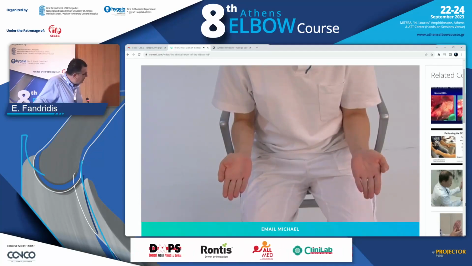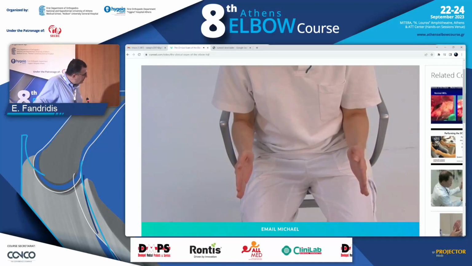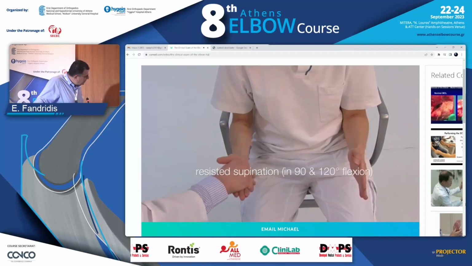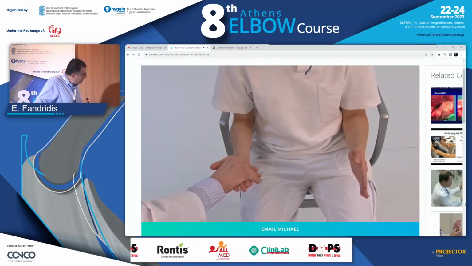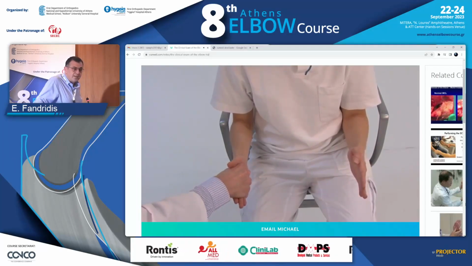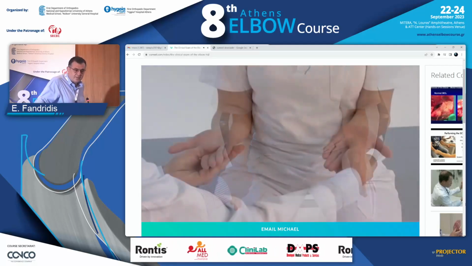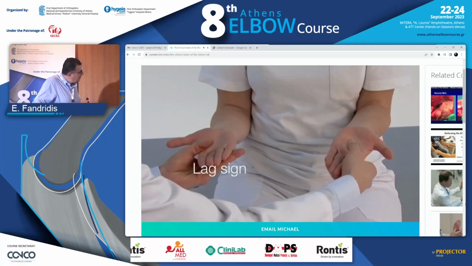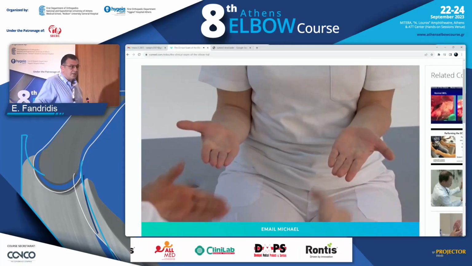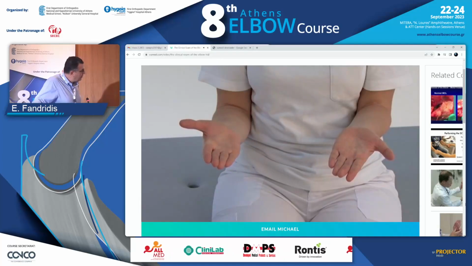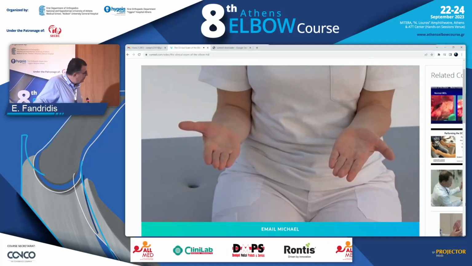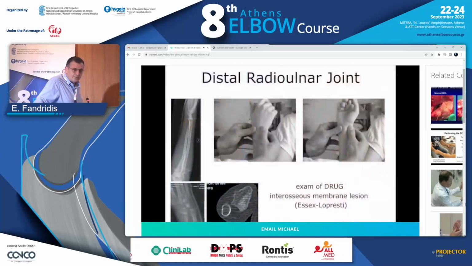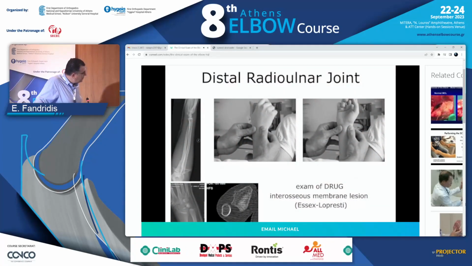Supination is crucial. When you supinate your wrist and you go for resisted supination with 90 degrees of flexion and you have some pain, maybe partial tears are there. Not complete, but partial tears are there. Partial tears are not very rare, maybe often in this kind of lesion, and you have to differentiate. And these are the well-known lag signs. Lag signs, we have in almost all the regions where we have tendon tears, and you see the lag coming from